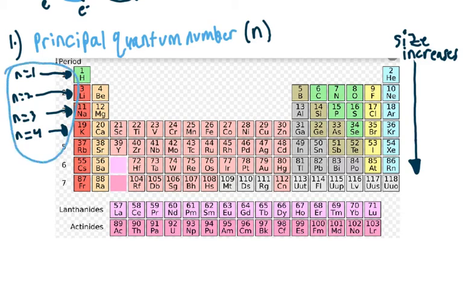All it is, just remember n as energy level, all right? So energy level number, you could say. All right, so we're done with the principal quantum number for now, right? And we just said it was the energy levels. Now the second quantum number we're going to focus on,